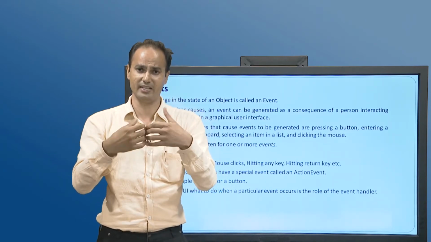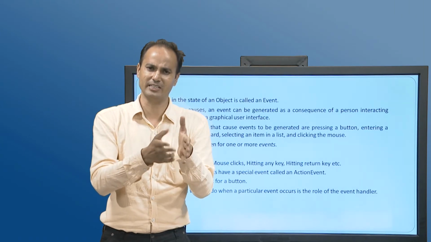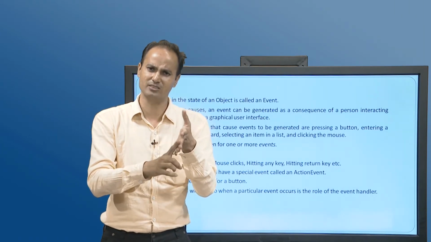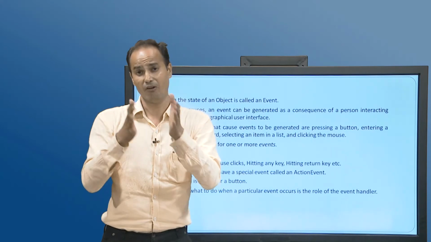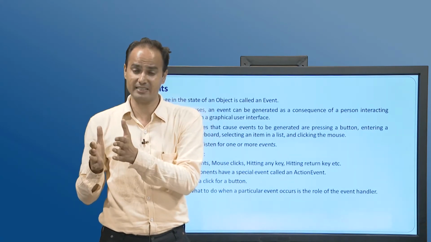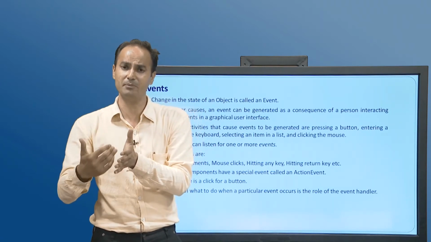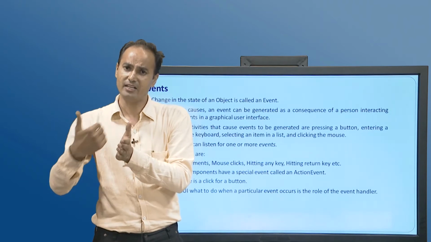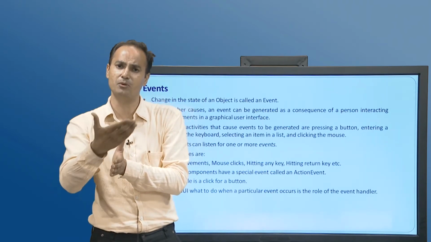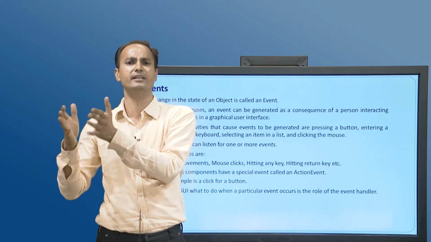So, sources are the objects, like button, text field, checkbox, which trigger and generate the events, while the handlers are the listeners, which listen continuously for the event. If the event triggers, they get the notification from the source that the event is triggered, and it is my task to handle that event.